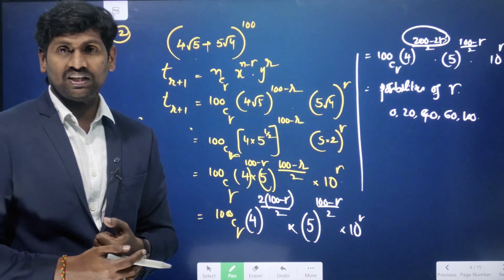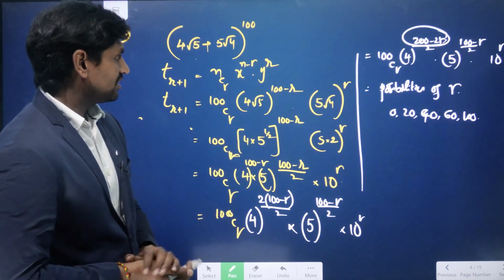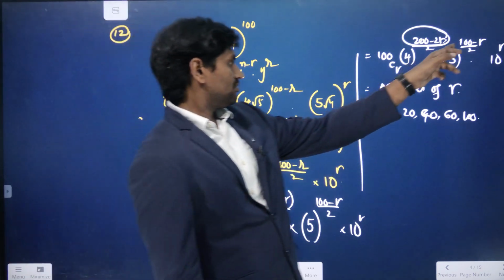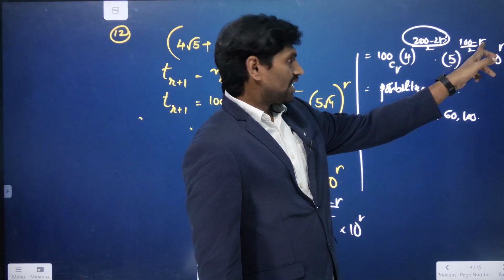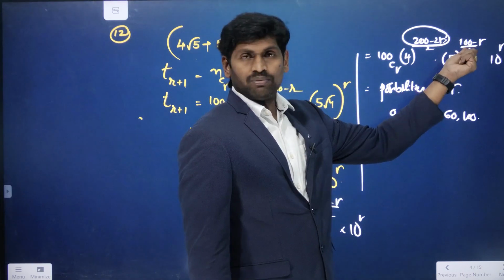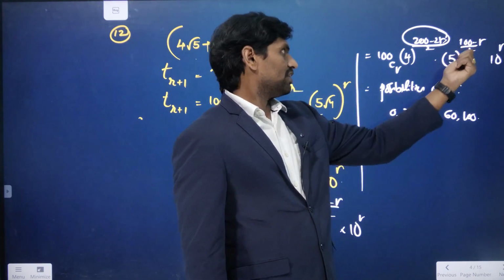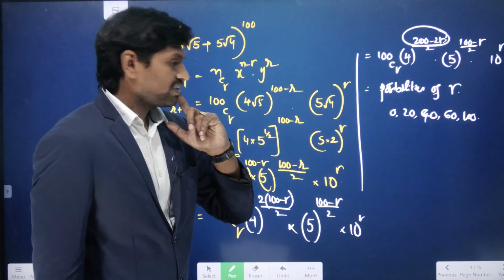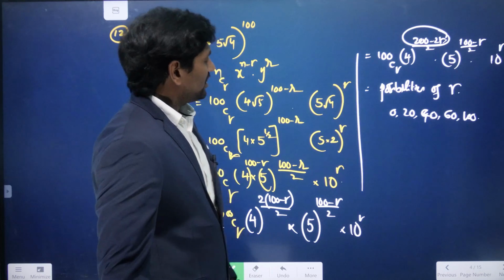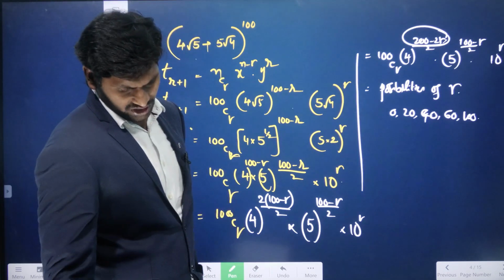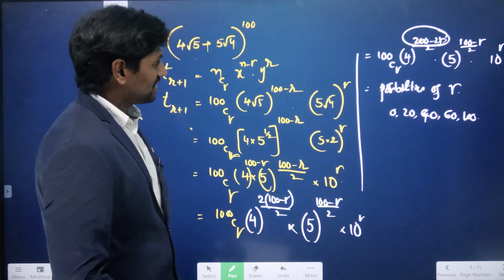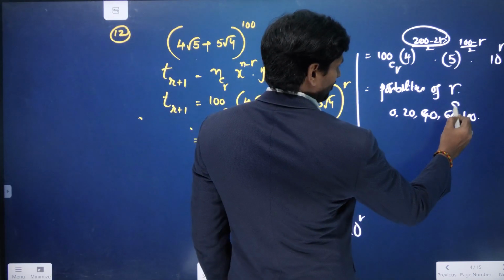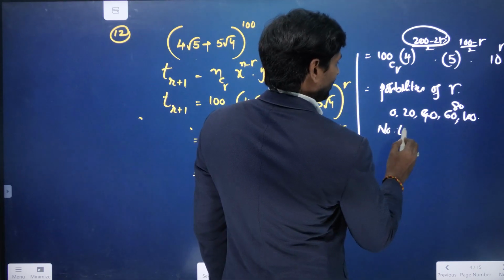How many possibilities are there? 5 possibilities. Yeah, 1, 2, 3, 4, yeah, 5 possibilities are there. Here also, if you take R value as 0, 100 by 50, a positive number, and 20, 40, 60, 100, it is also getting that. Okay, for both of them. So from this, the highest number of terms obtained is 6. Okay? In between, 80 is also there, no? So number of terms obtained